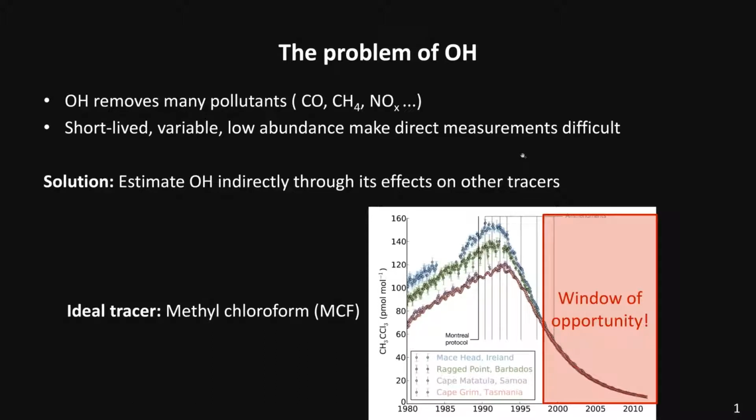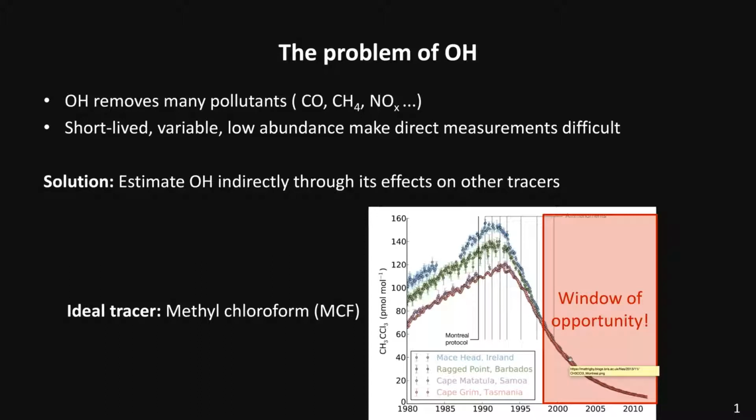So as my title already introduced, there's one very good tracer for this purpose, which is methyl chloroform. And the reason that methyl chloroform is so ideal is that, well, you can see its atmospheric evolution already here, and a very notable aspect of that is that methyl chloroform has been declining very quickly over the past 2 decades, or maybe more. And the reason for that is that it's purely anthropogenically produced, and its production was banned in the Montreal Protocol very efficiently. Apparently there were good replacements for it, so it started to decline because the emissions stopped.